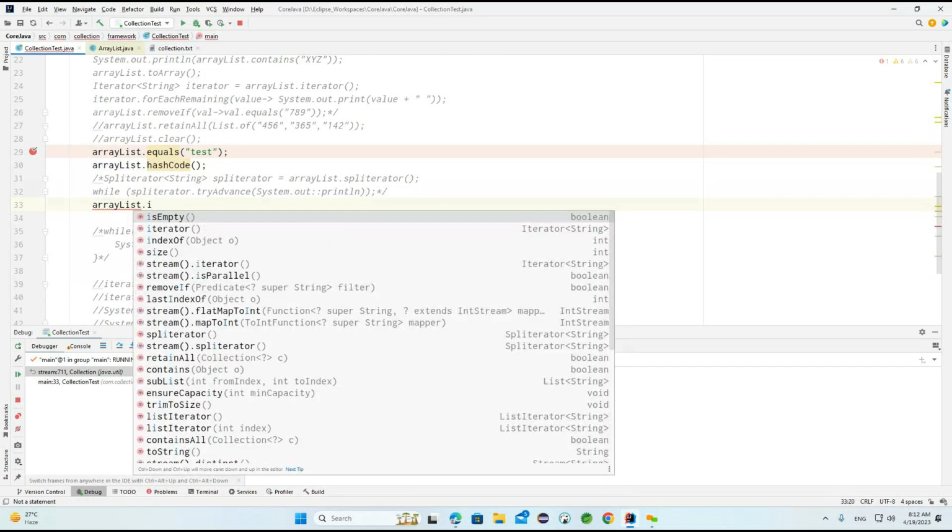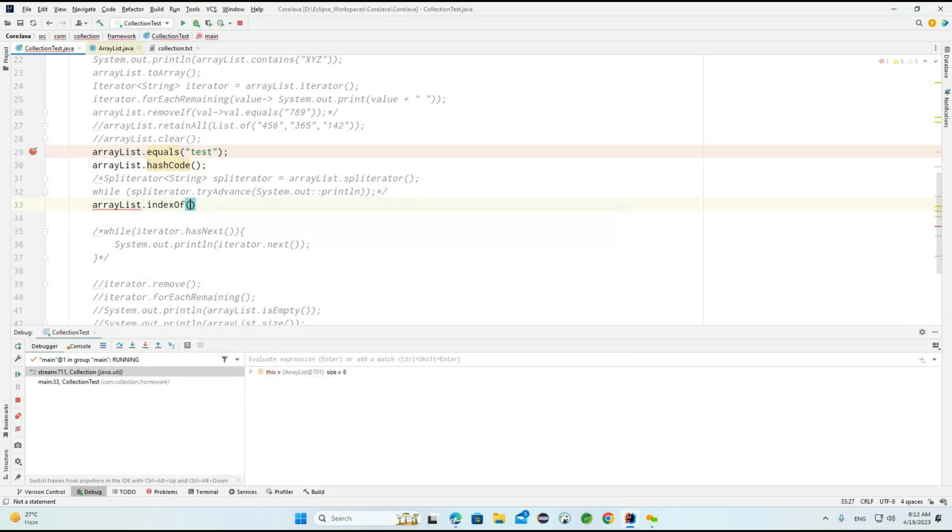List dot indexOf method, and here I'm providing something like 142. Now whenever I'm providing this value, what you need to understand here,